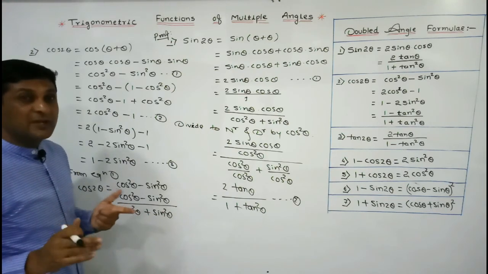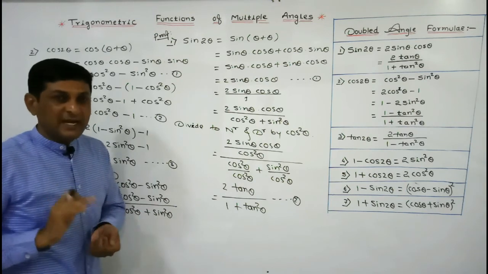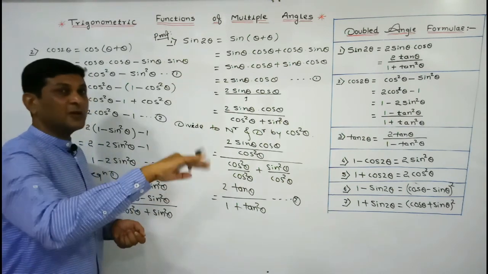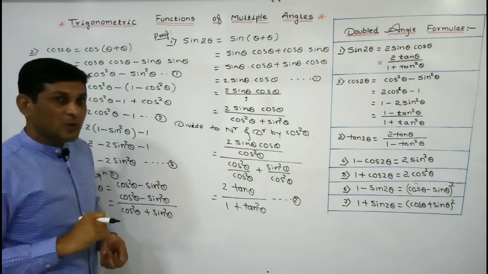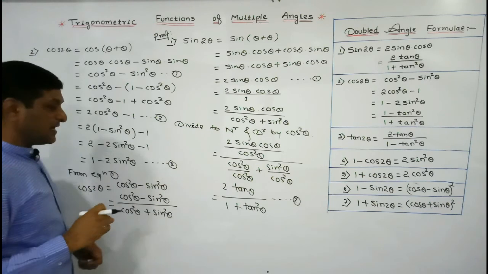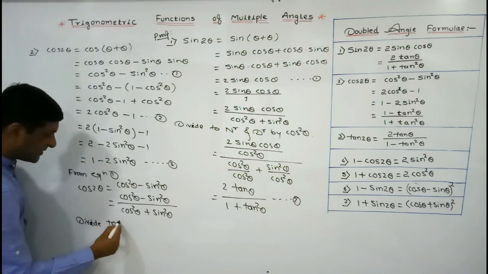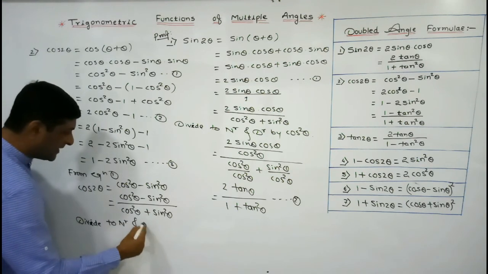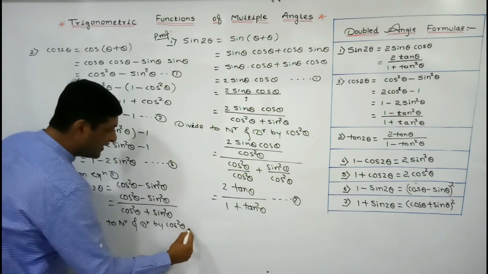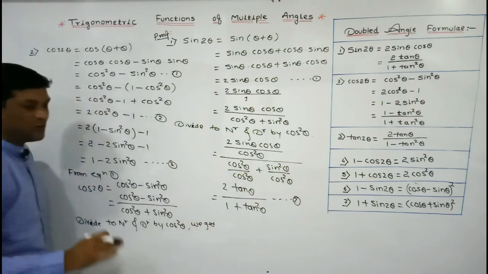The last required value is in terms of tan, and to convert sin and cos in terms of tan we have to use the interrelation, which says that tan theta is equal to sin theta upon cos theta, means in the denominator cos is there. So we are dividing this expression by cos square theta. Let us see what we will get if we divide numerator and denominator by cos square theta.